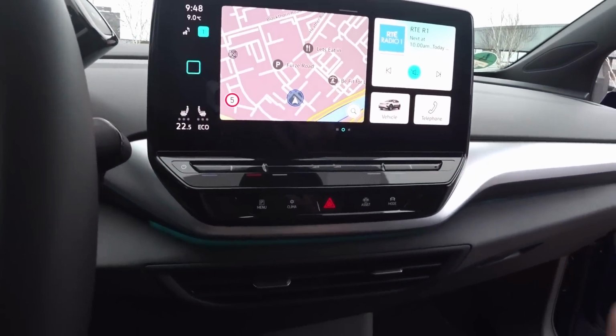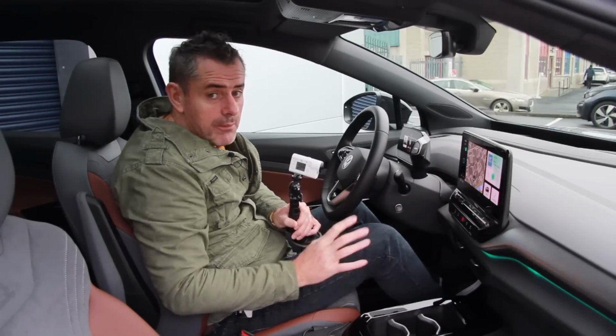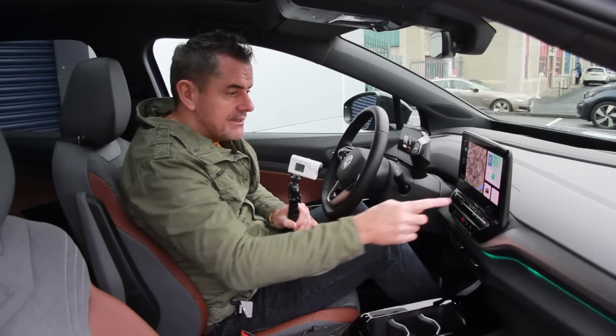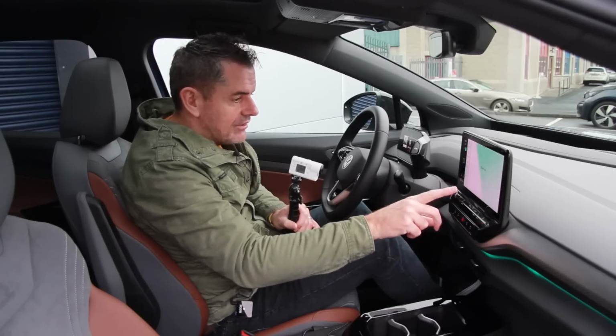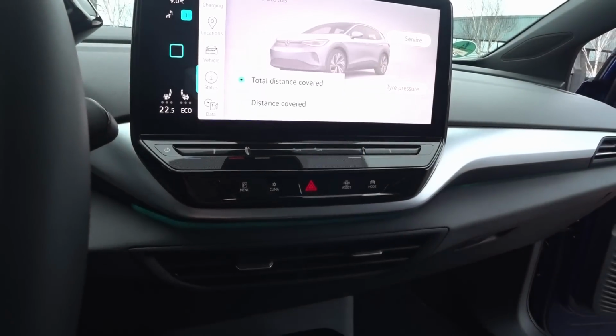They've really played with the system. They've really made the system up to date. You can see it looks very like Apple CarPlay. When you're looking at it first, you go, that does look like the CarPlay system. You go into vehicle at any point and have a look at what you're doing with the charging systems. That's our status now. It's going to come up on the screen in a second. There we go: service, tire pressure, and it's done